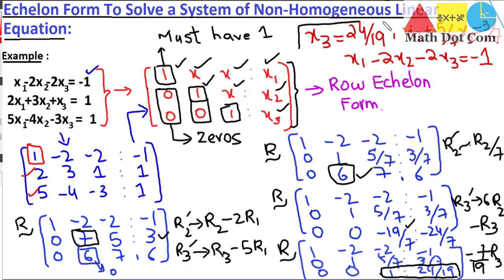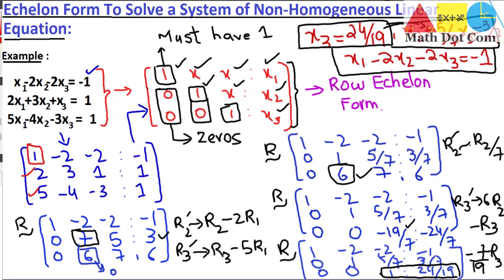As we have got the value of x3, we can easily put the value of x3 in this equation, from where we can easily find the value of x2, and finally we can get the value of x1 from this equation. So that's all from this method of solving a system of non-homogeneous linear equations that you can use in order to find the values of x1, x2 and x3. Although this method is long and a little bit hectic, this is also another method of solving non-homogeneous linear equations.